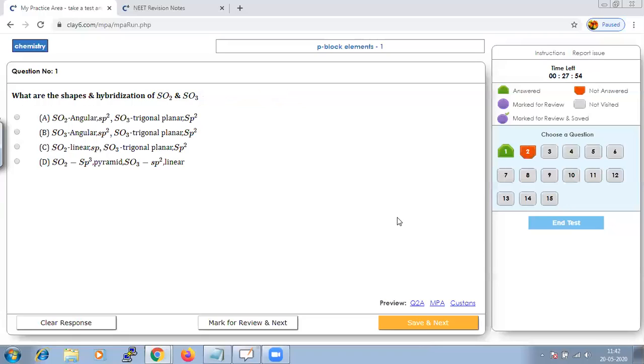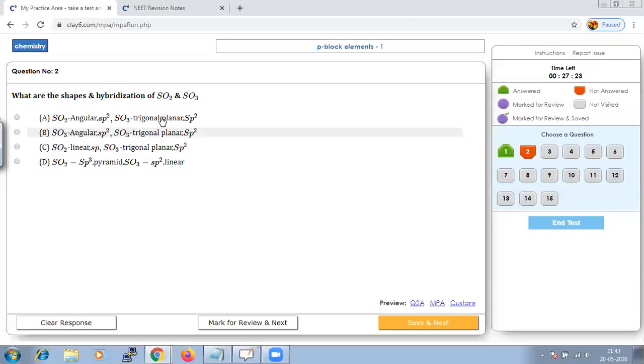What are the shapes and hybridization of SO2 and SO3? So when we are talking about these shapes, what does it mean by saying shape? We all know shape and hybridization. It is very simple to calculate based on the formula. SO2 is angular in shape, and the hybridization is